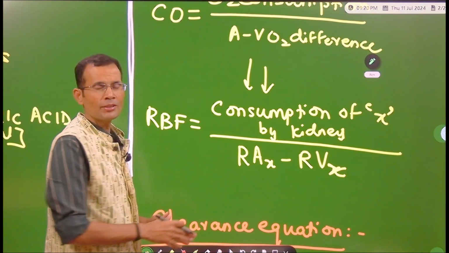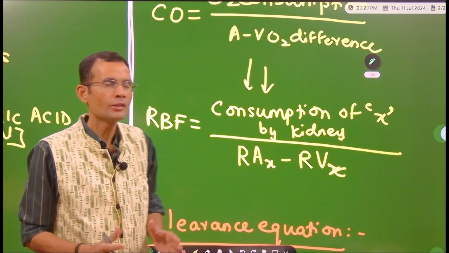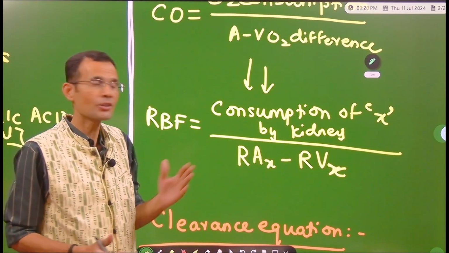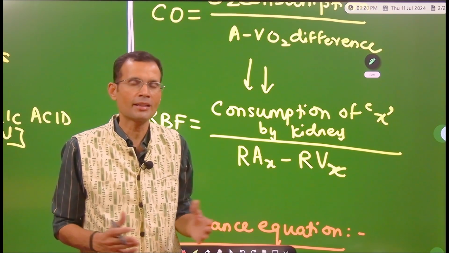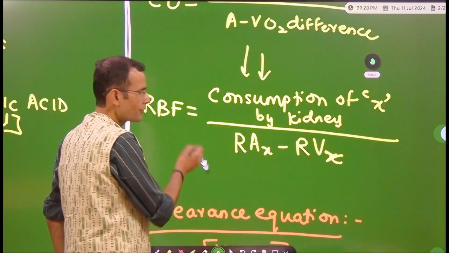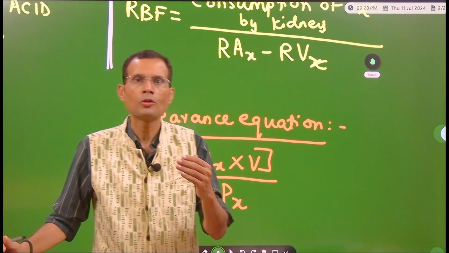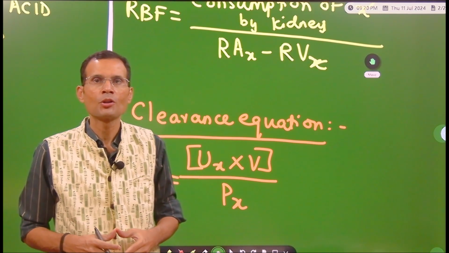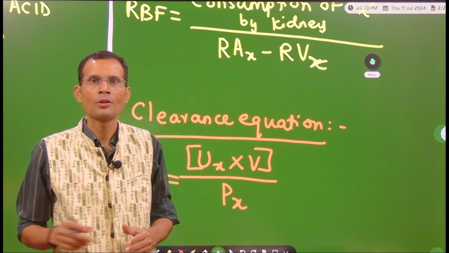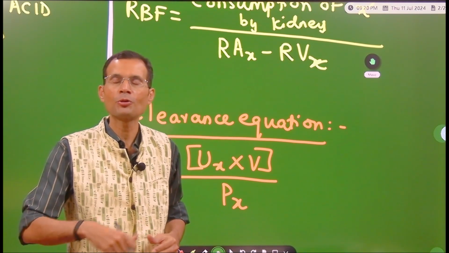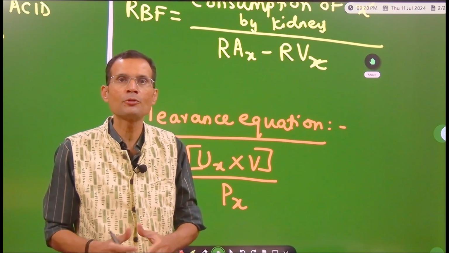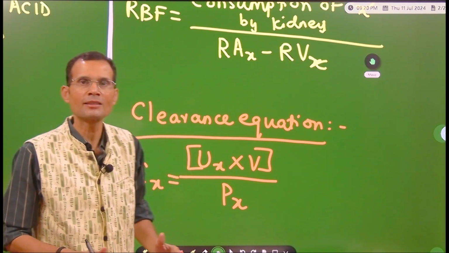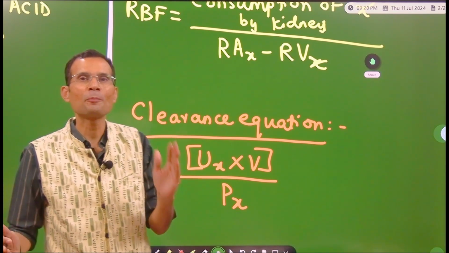But this is very tedious, very difficult to access renal artery, to access renal vein, collect the samples, measure the concentration of X. That's easier said than done. Can we not have some method whereby we just have a substance X, we measure its plasma concentration, we measure its urinary concentration or urinary excretion rate, and that's it, it gives us the renal blood flow? Can it be that simple? Yes, it can be that simple with the use of PAH